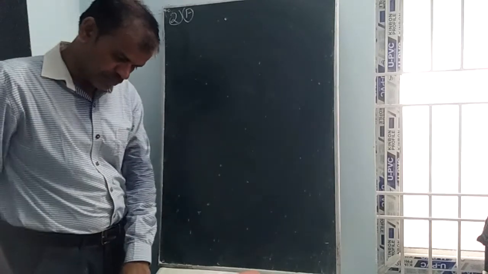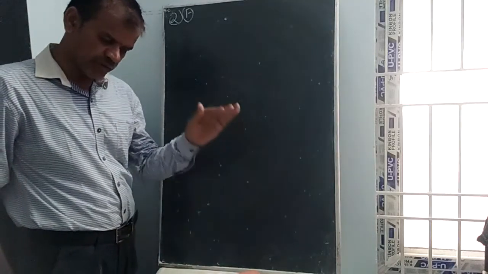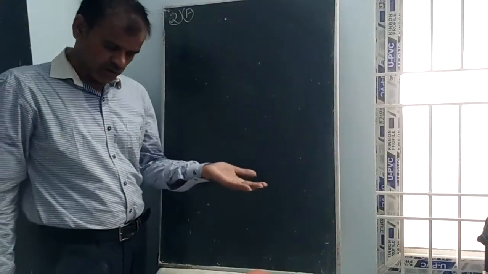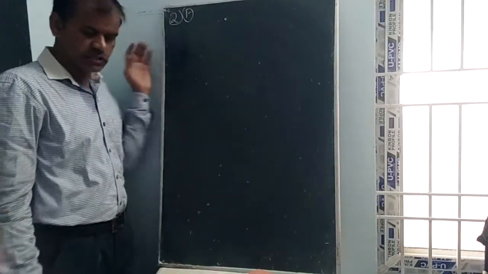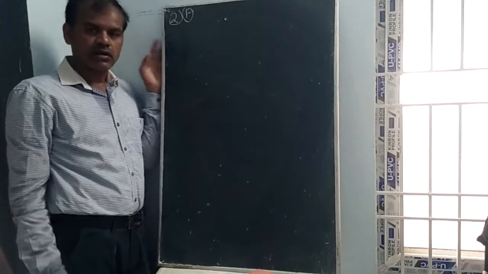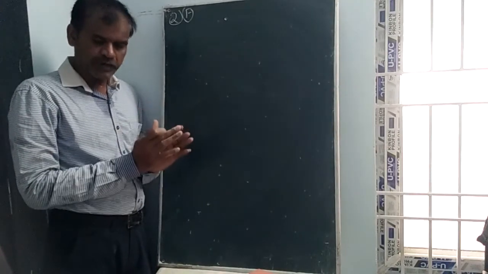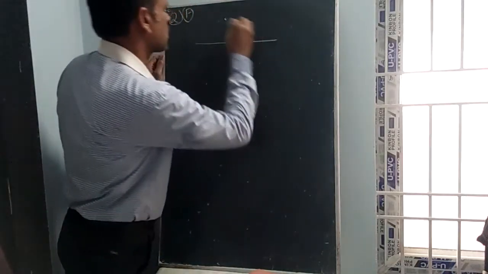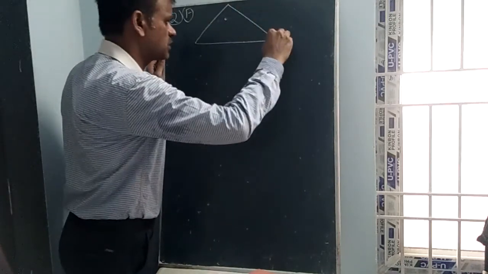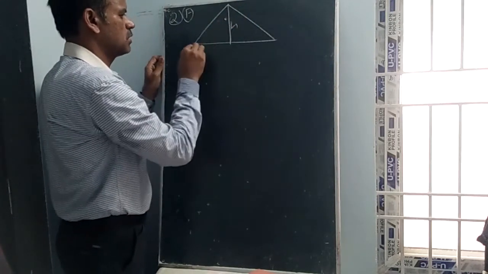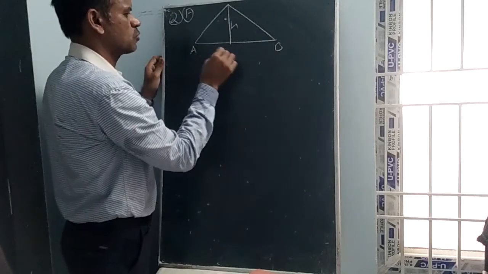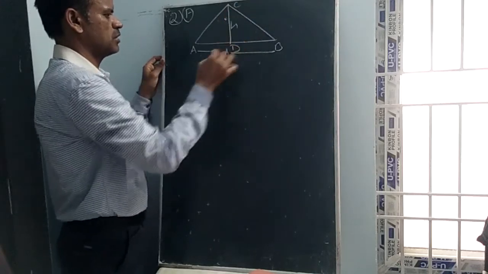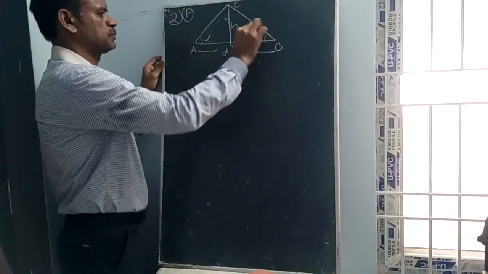If the angle of elevation of the top of a tower standing on a horizontal plane from point A is alpha and from point B is beta, and the distance between these two points is D, with the two observation points on opposite sides of the tower, then what is the height? This is the height. Let this be A, this be B. This is the total distance between the two observation points. This is the height H, with C and D here. Let this be alpha, this be beta.